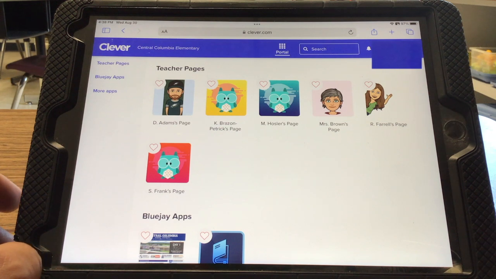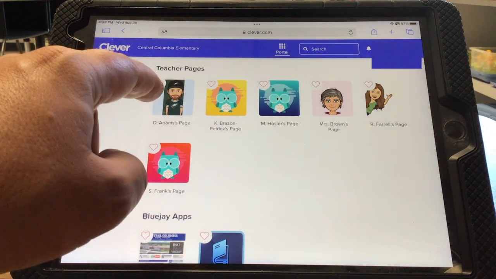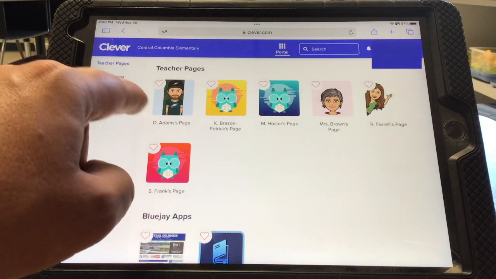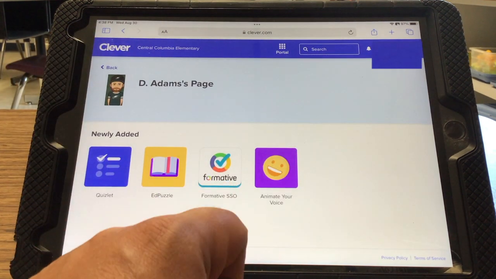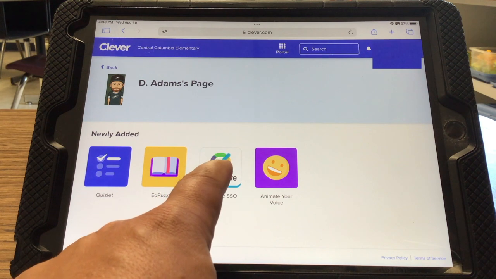Since this is science and social studies information, you can also access formative through Mrs. Brown's page and Mrs. Farrell's as well. But we have my page here, D. Adams' page. You click on that, and then formative is the one that's called formative. Click on formative,